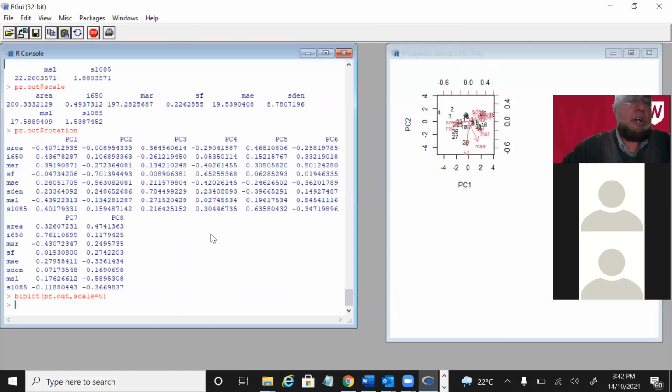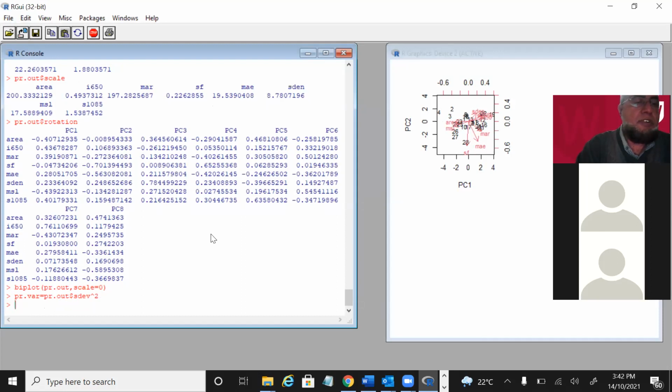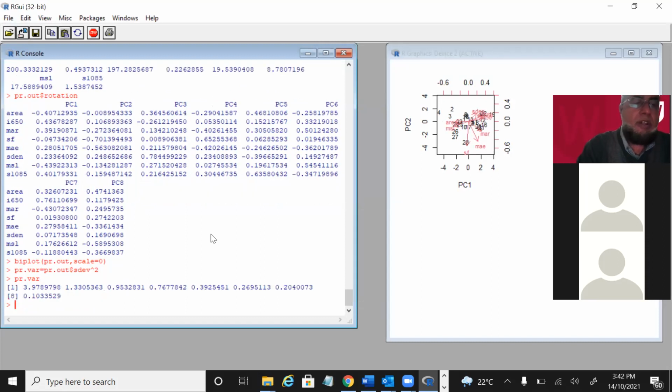Okay, so we have done the biplot, and then we can look at the other results of the principal component analysis. pr.var equals pr.out$sdev and square of that. So that will give us the variance of the principal components, and we can look at that pr.var there. So this is the variance of that, and then we can find out